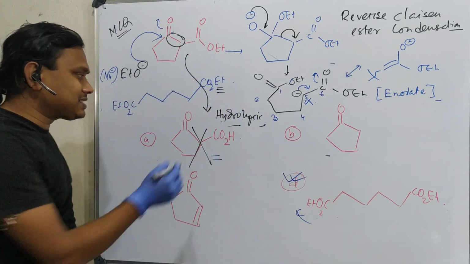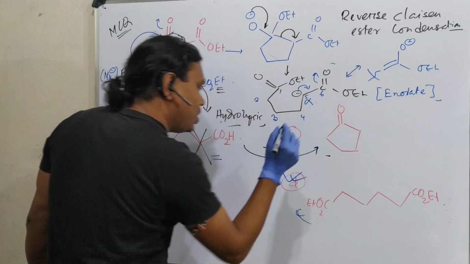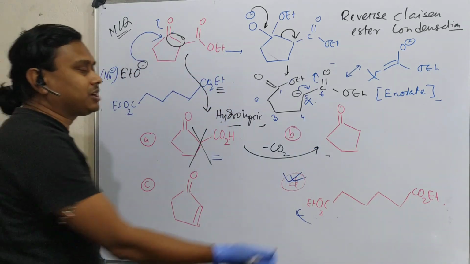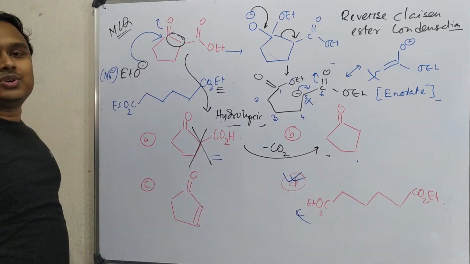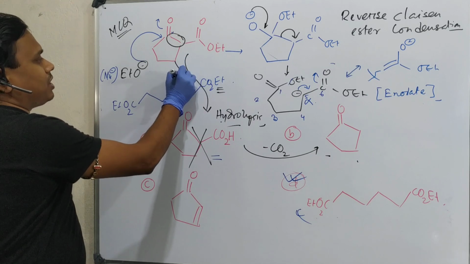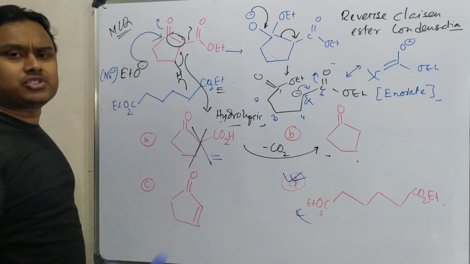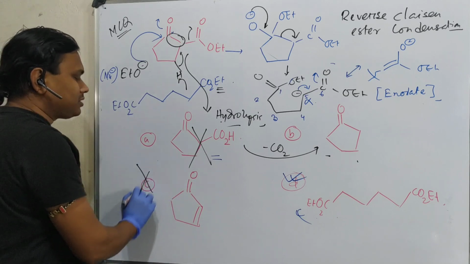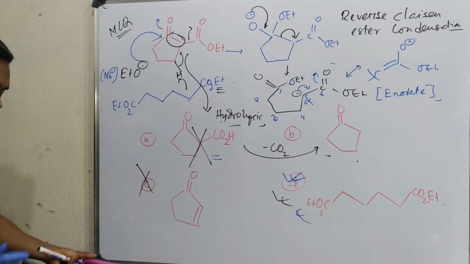Second, this is D. First hydrolysis, and then decarboxylation is possible. When hydrolysis is not possible, how will decarboxylation be possible? This is an alpha-beta unsaturated carbonyl. I consider that okay, somehow you may abstract, but if you abstract this, it will come. Will it leave? No, it's not a good leaving group. Not this option, only this is left. Fine. Now we have discussed the mechanism of the question.